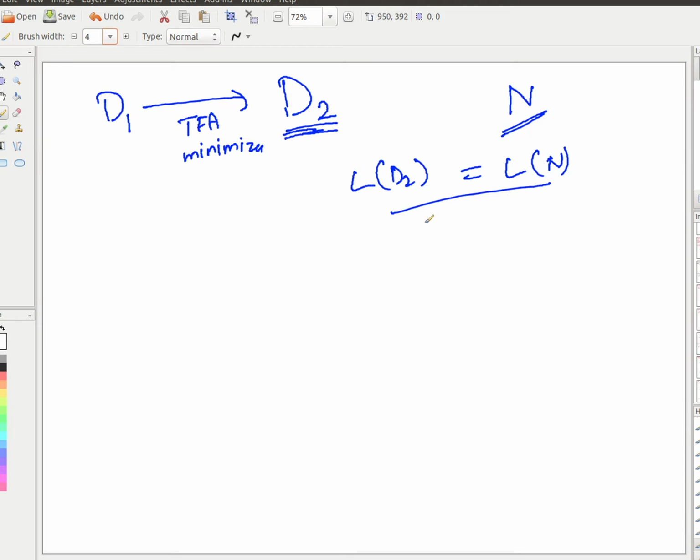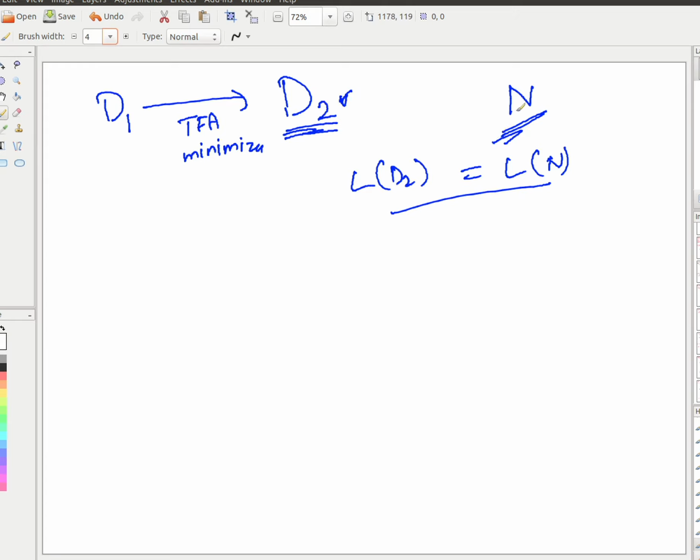One can claim that I can design a better DFA, although you are not able to find it using this. Whatever DFA you took, minimization doesn't give you the smallest. So to prove that this minimization algorithm gives you the smallest, you have to prove that this D2 cannot be beaten by any designing process. How to do that?